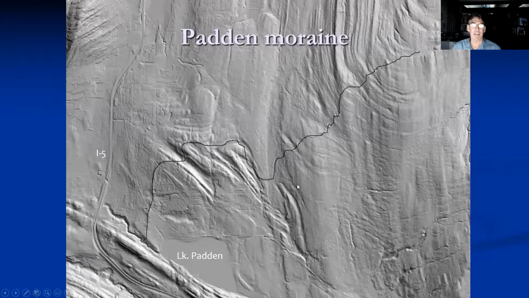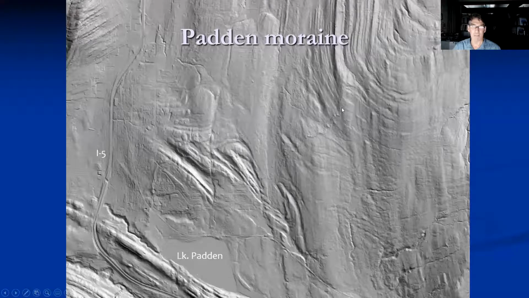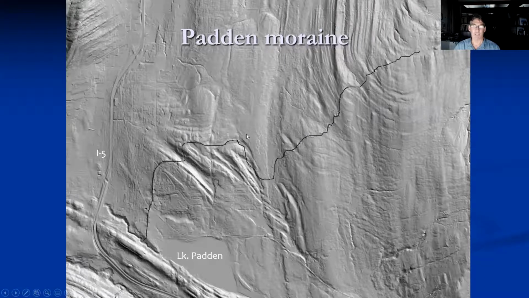But basically, the moraine wraps across the hillside right here. I'll back up here. It's this little tiny squiggly ridge here, comes right over through here. And that little squiggly ridge is a place where this Cordilleran ice sheet hung up for a little bit and may have readvanced there, or it was during recession. It's not quite clear what it was doing, but it's a little tiny moraine that is sitting right in this area here.